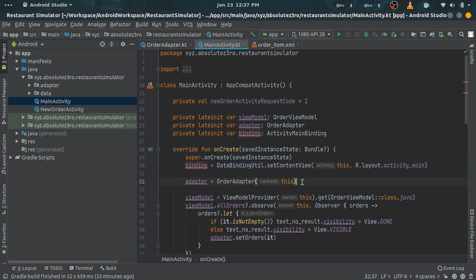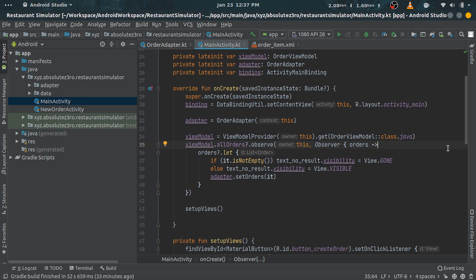Next, we are initializing our adapter. After that, we are getting the instance of our viewModel that we created earlier. We are using the viewModel provider class to get the instance. Next thing is to register our main activity to observe the live data of list of order, which is returned by the viewModel. Live data is an observable data class.